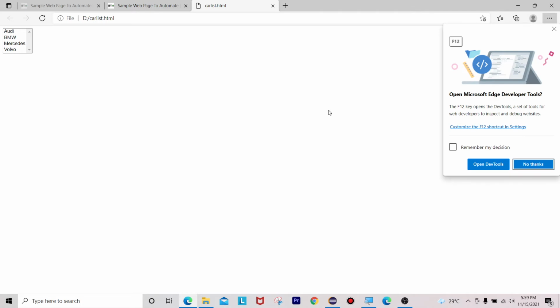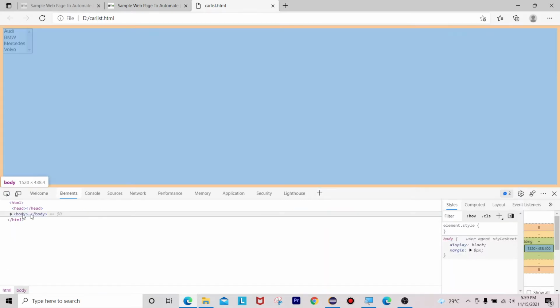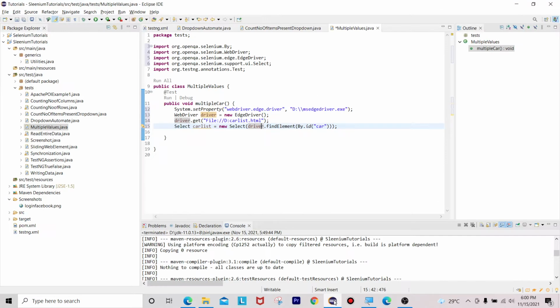Okay, press F12, open DevTools. HTML body id equals to car. Okay, no problem. Id equals to car. Okay, that's fine.